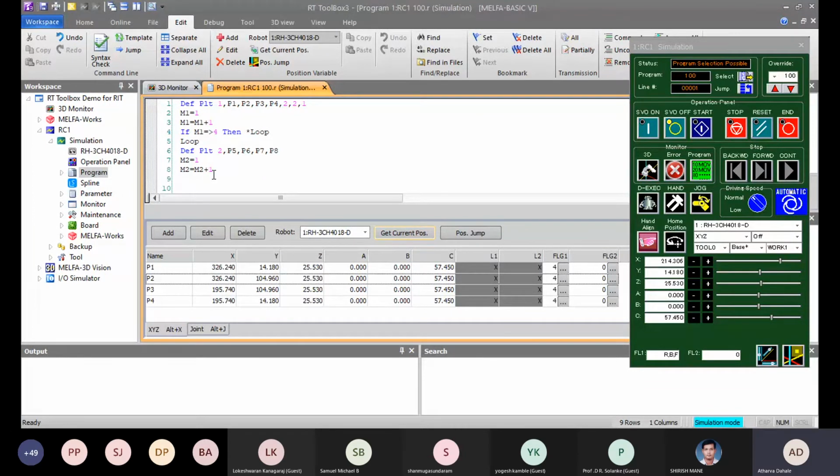Again, the same command: if m1 is greater than or equal to 4, then